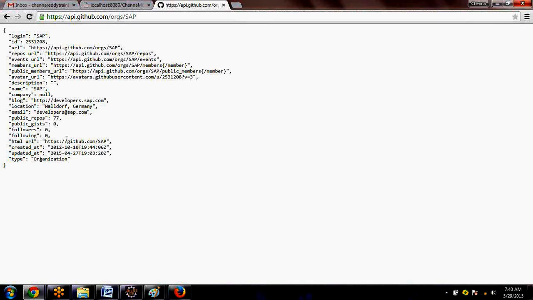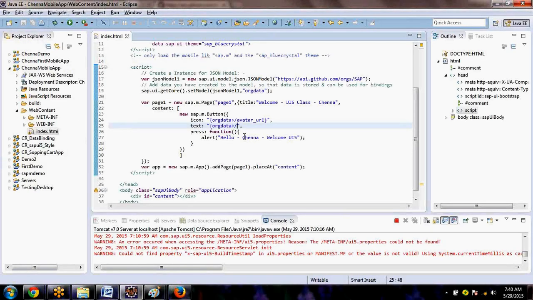You can apply whatever you want. Or you can also apply type. Type means it is going to give the organization. So I would like to apply this one so that this will come as a label there. Now let's see.